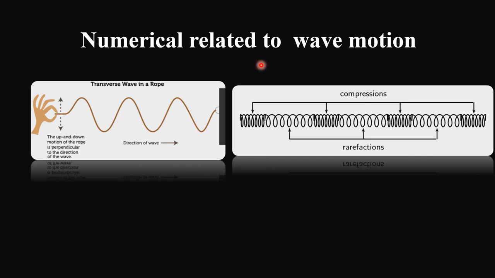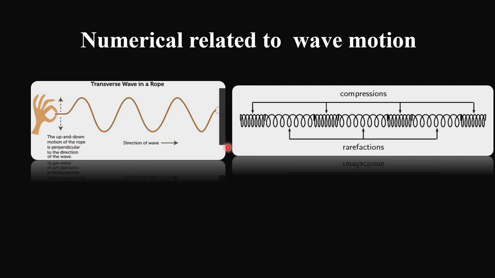So in this video we are going to discuss numericals related to wave motion. As you are seeing over here, there are two pictures. One is related to transverse wave and the other one is related to longitudinal wave. In longitudinal wave, the particle is vibrating along the direction of wave propagation, while in transverse wave the particle is vibrating perpendicular to the direction of